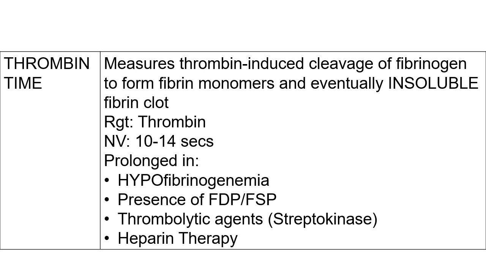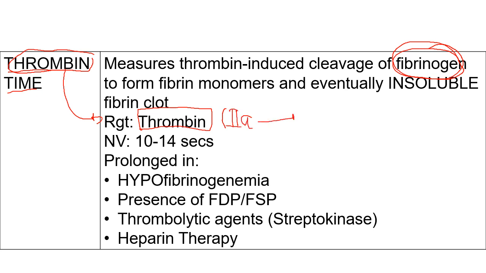Next test is your thrombin time. Okay, sa thrombin time, hindi dinidetect yung mismong thrombin. Okay? It is actually a misnomer. Ang dinidetect niya is actually the formation of the fibrin from fibrinogen. So, mas focus niya ang levels of your fibrinogen. Ginagamit lang na reagent is the thrombin. Remember, thrombin is the activated clotting factor 2 para ma-activate si clotting factor 1. So, ang focus dito is yung fibrinogen levels.